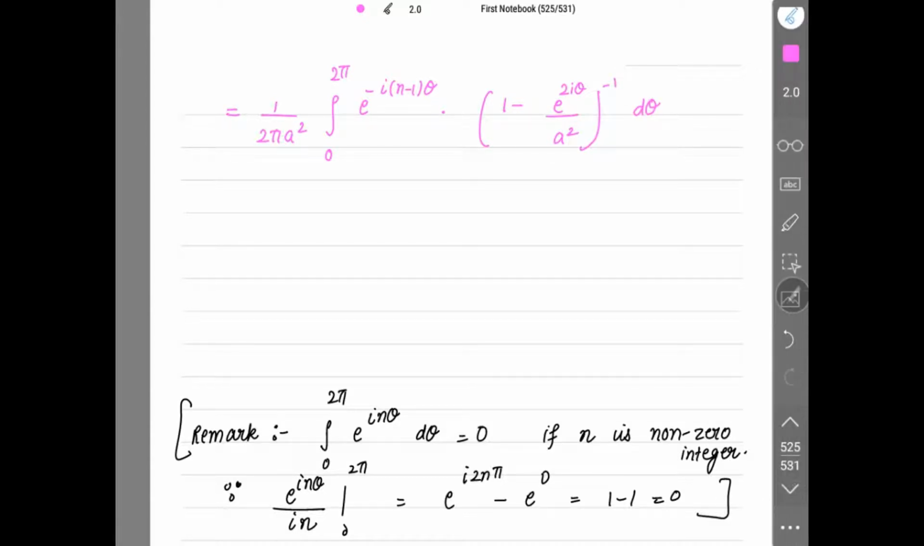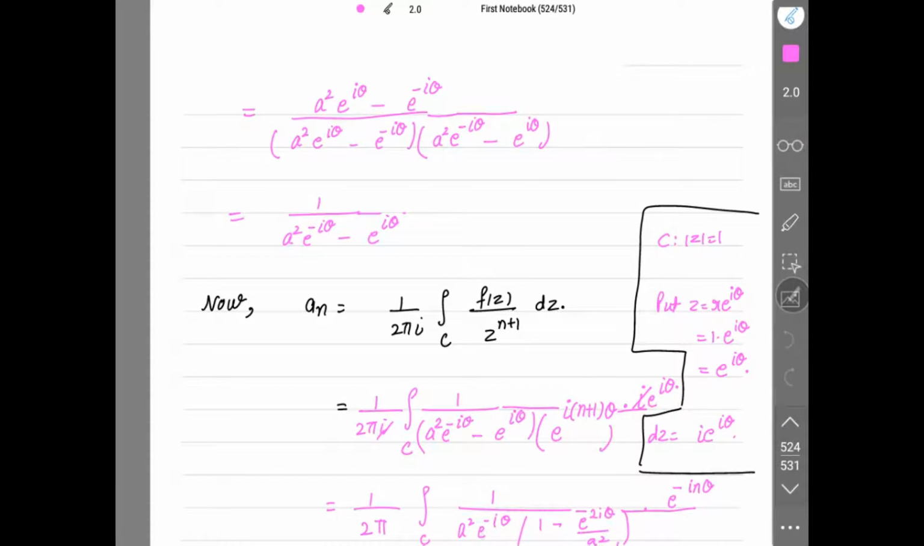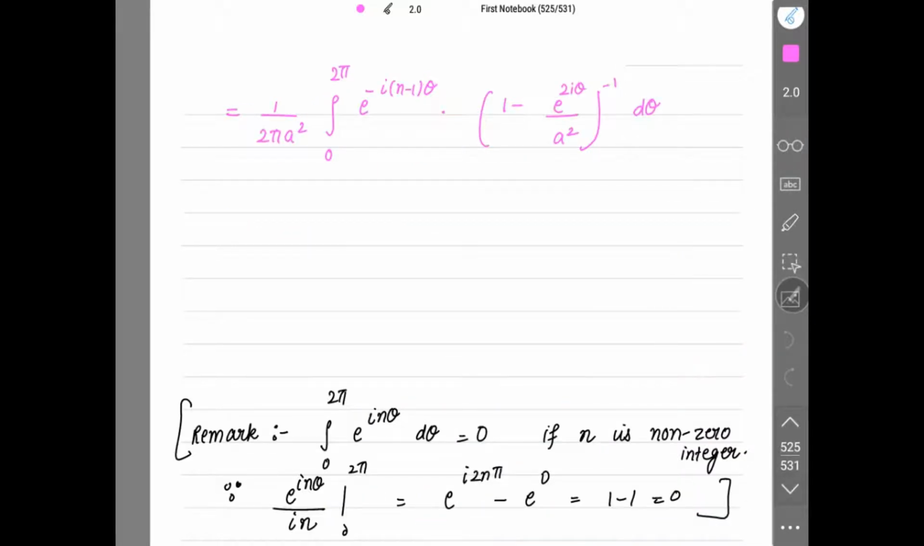See what I have done? Just taking this e to the power minus iota theta in the numerator and summed up with this e to the power minus iota n theta, right? And this bracket 1 minus e to the power 2 iota theta over a square, taking this to the numerator as its inverse. So this is a step. Next,